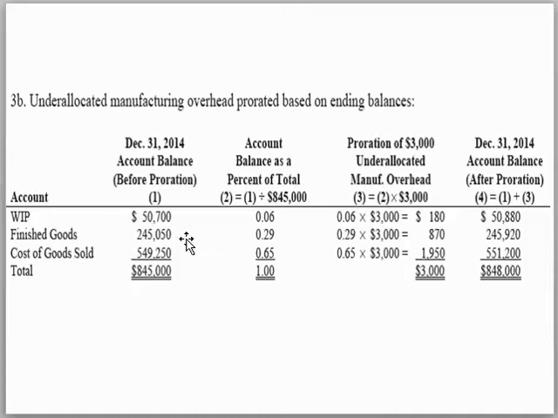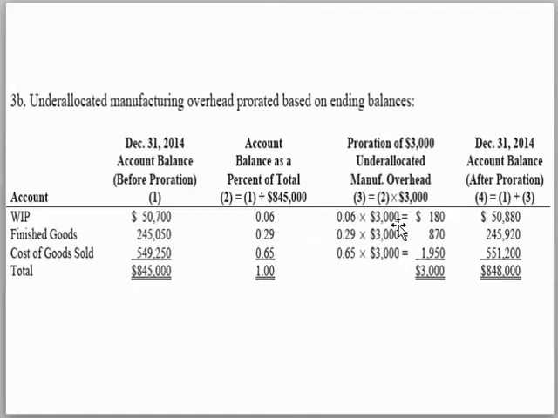And also finished goods, we will divide this number 245,050 by 845,000. We will get 0.29, and the cost of goods sold 549,150 divided by 845,000. We will get 0.65. This is the percent of the balances from the total, and then we will prorate the amount of under allocation, which is 3,000, according to these percentages. So the proration of the $3,000 under allocated manufacturing overhead,